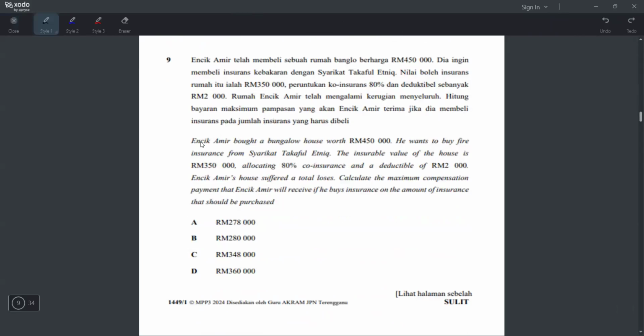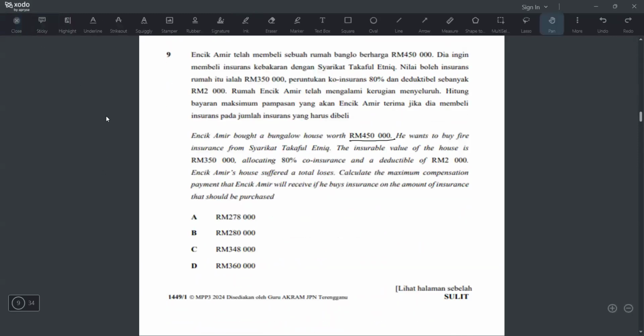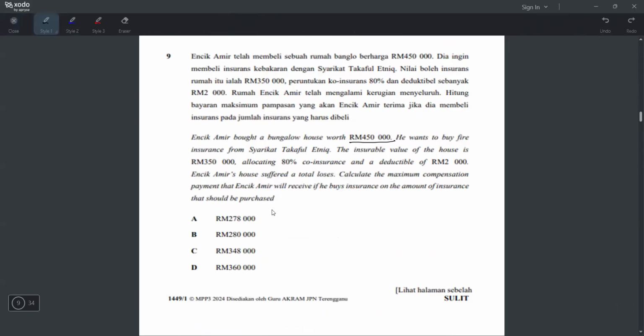Okay, number 9. Encik Amir bought a bungalow house worth 450,000. So this is the bungalow house. He wants to buy fire insurance. I already know which chapter is the fire insurance. And for fire insurance, I will tell you the notes first. So first thing,